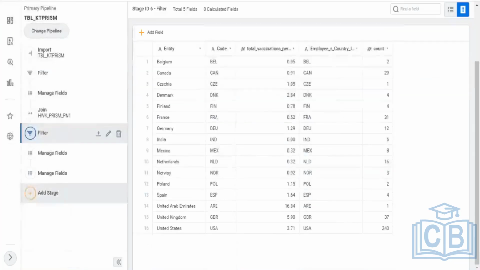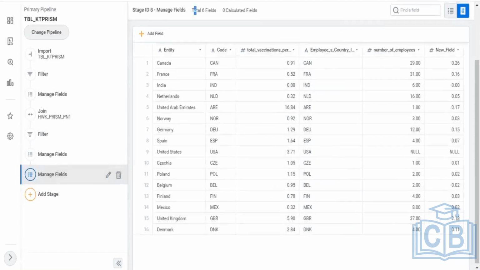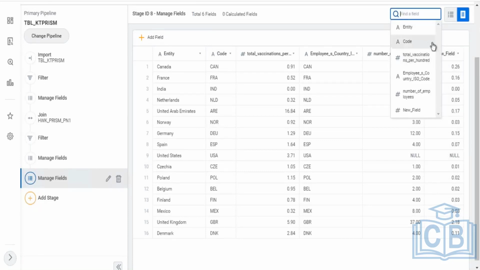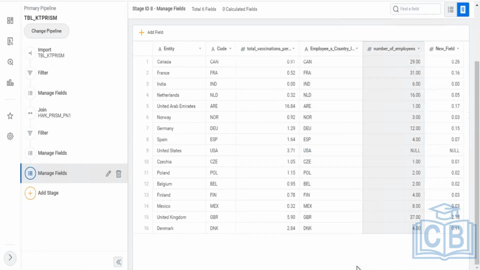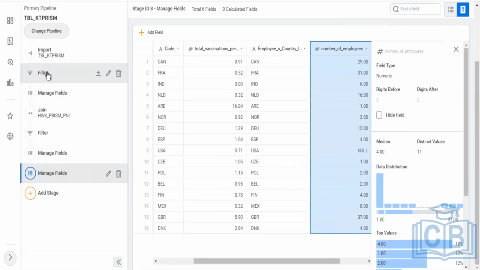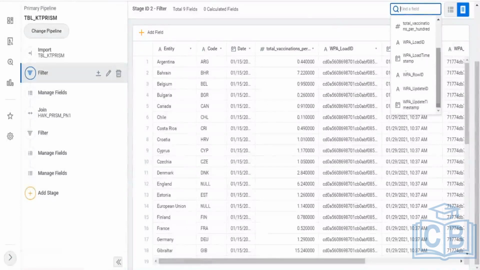If there are a number of fields, now here there are just 15 or 5 or 6 fields, but you'll come across data sets which may have 100 plus fields. You can quickly click here, and you can select fields from here, right? Instead of you having to scroll through this and see which field is where, you can directly click here. It will show you all the fields. So for example, if I click here, there are 9 fields, and all of these show here, and I can quickly select that field,